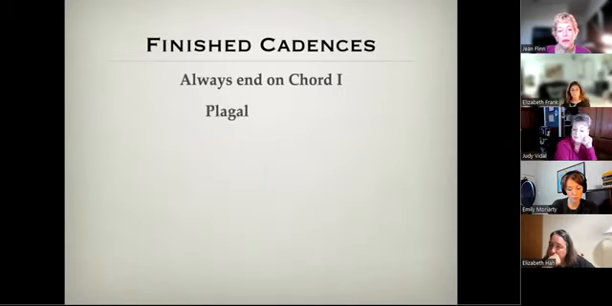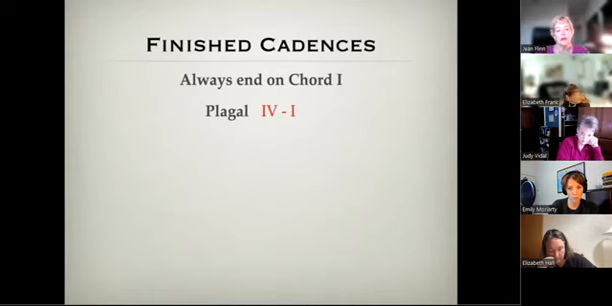The second finished cadence is called the plagal cadence. Now this goes from chord 4 to chord 1. This again sounds finished, but it's a gentler finish than the perfect cadence. It's sometimes called the Amen cadence because it's often used in very traditional hymns to sing Amen at the end